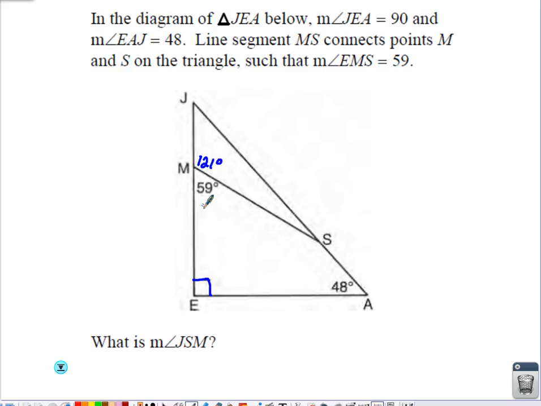Don't lose the big picture. A lot of people see this small triangle and they see this quadrilateral here, but they lose track of the big picture. Does everybody see that there's a large triangle over here? The corners of that large triangle are 90 degrees, 48 degrees, and the third corner would be 42 degrees. Now we can deal with this third angle, because now you have a small triangle. The small triangle has corners of 42 degrees, 121 degrees, and